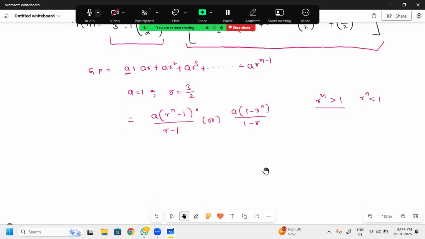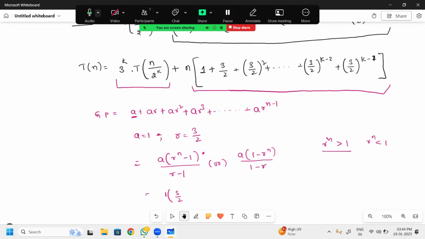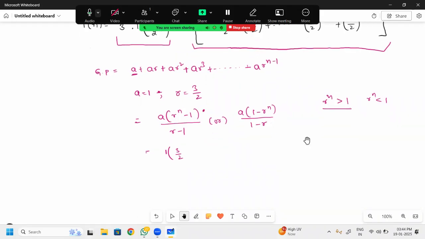So if I substitute these values, let us see how it will be converted. A value is 1, 1 into, what is the r value? 3/2. Here you have n, but in our equation we have k minus 1, so n minus 1 becomes k minus 1. I am going to write k minus 1 in the parenthesis, whole by r minus 1, which is 3/2 minus 1. So substituting, (3/2)^(k-1) by